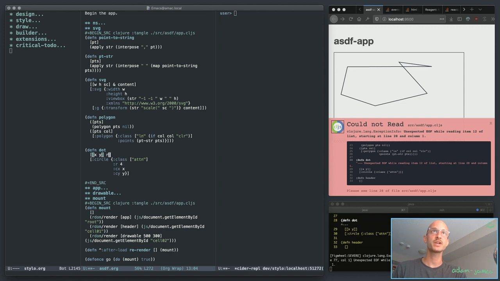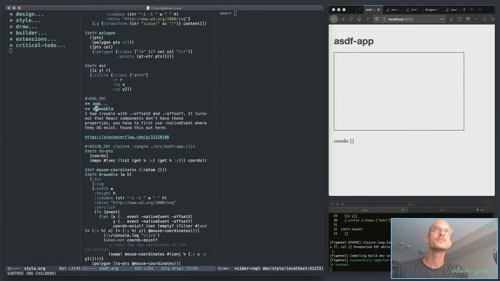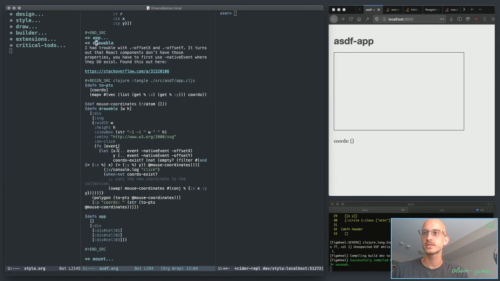Actually, let's pass the radius in as an option like that. Oop. Is this gonna work? I'll find out. Okay, so this drawable function,